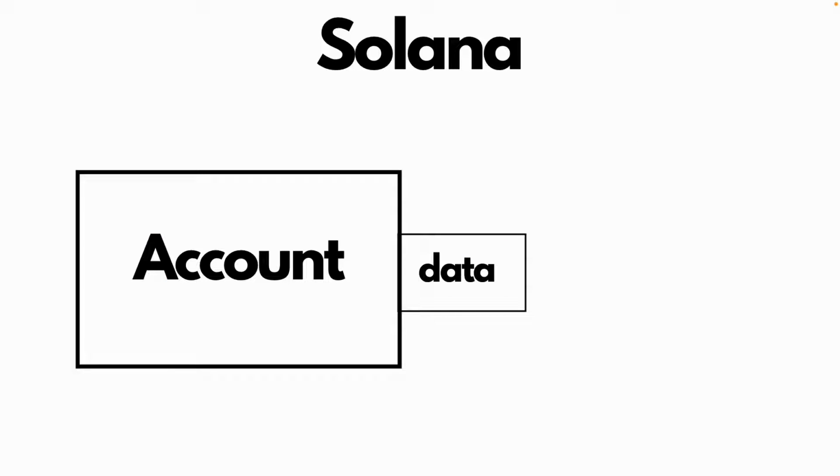If you look closer, these accounts have three special properties. They store some application specific data. They're owned by a program that has read and write access to them. And someone needs to pay rent in the form of Solana to keep these up on the blockchain. So if you want to store data on the blockchain, you basically need to pay some rent. You can be rent exempt if you send Solana equivalent to 2 years of rent. So basically, if you send Solana to an account which is equivalent to 2 years of rent that would have been debited from it, then no Solana is debited from that account and it becomes rent exempt.